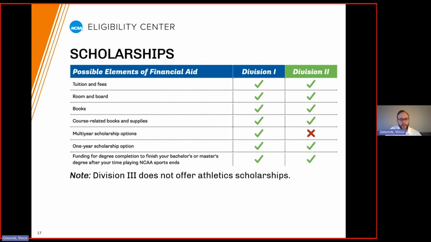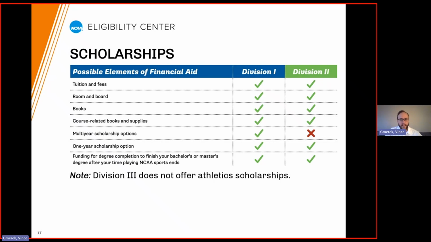Now, it's worth mentioning that NCAA Division III does not offer athletics scholarships, meaning any scholarship that you would get offered by an NCAA Division III school is independent of your athletics ability and would be based on their own particular on-campus criteria for awarding those scholarships. So if you're interested in attending Division III and you're hoping to get a scholarship, you would always just have to check with those schools for whatever possible opportunities they may have for you.